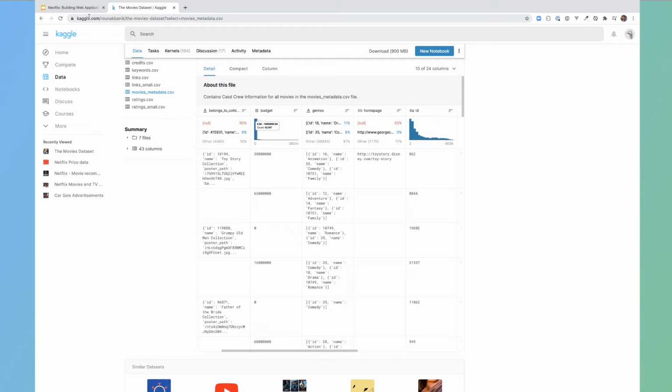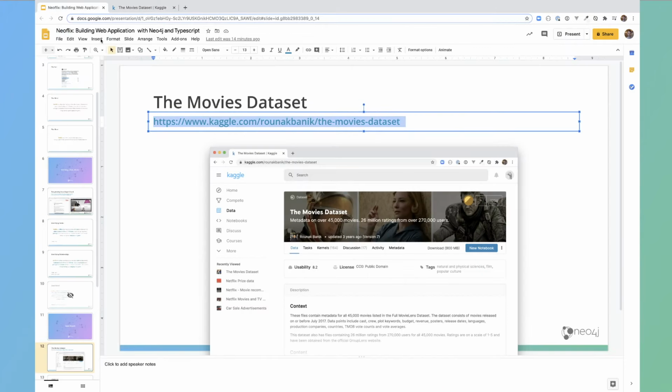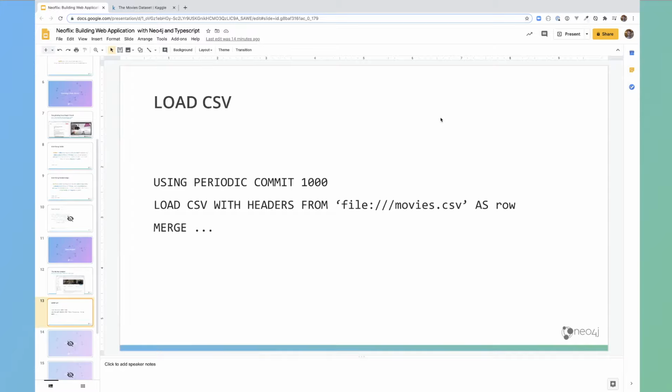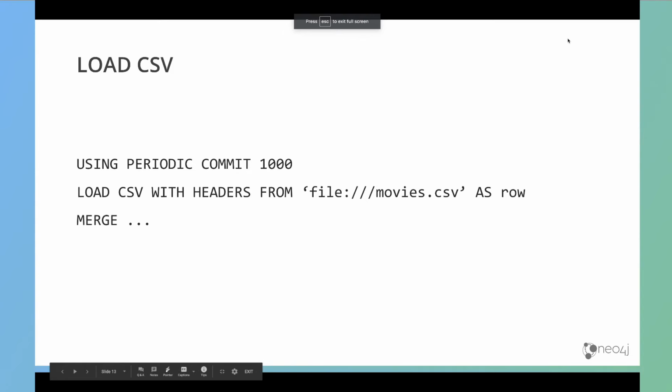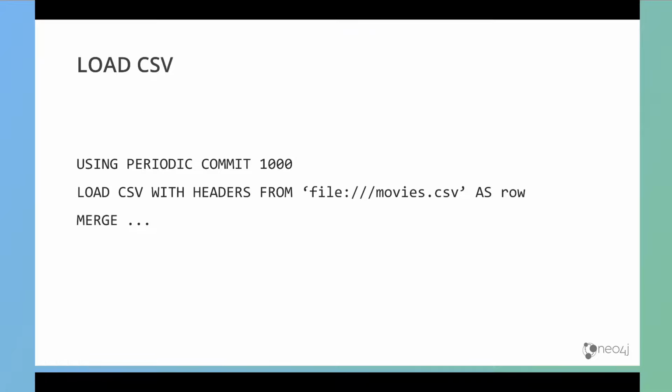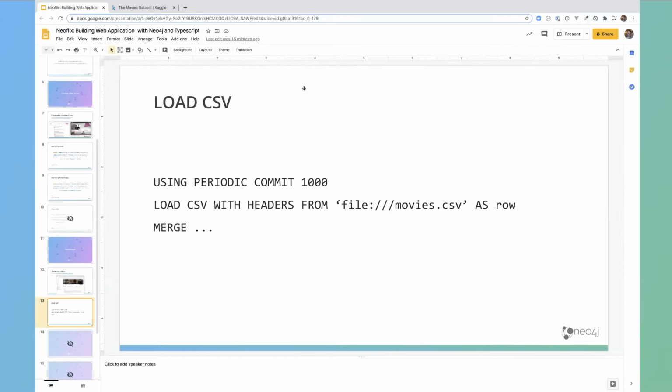The way we're going to import this data, because it's CSV data, is we're going to use load CSV. A load CSV statement looks a bit like this. We would use the load CSV command to load the data into Neo4j using Cypher. And then we're saying that we're loading the CSV with headers because the first line of the file is headers. We say from, and we take a local file of movies.csv. We give that an alias of row, and once we've done that, we can then run a Cypher statement to load the data in.